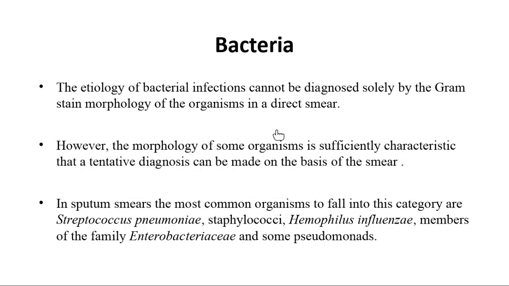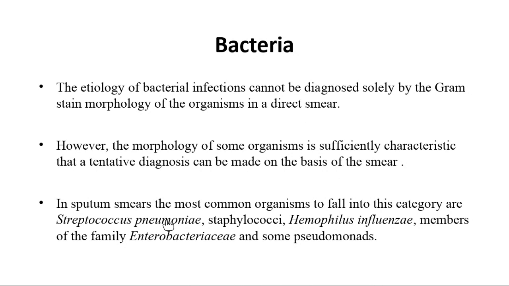For confirmation, you perform different tests like the culture. After culture, you perform other tests like the RADT. You see the hemolysis on the blood agar, and then you can identify. So on the basis of Gram stain, you can assume that you have Gram positive or Gram negative bacteria with a particular shape, but for confirmation you perform other tests. So you make a tentative diagnosis, not the complete diagnosis.